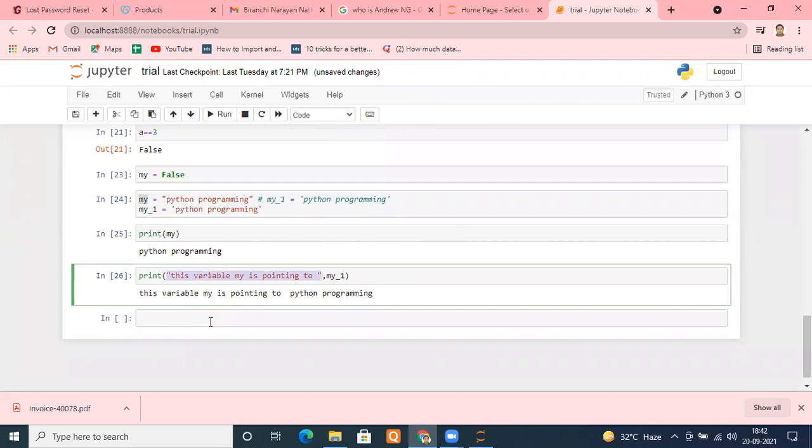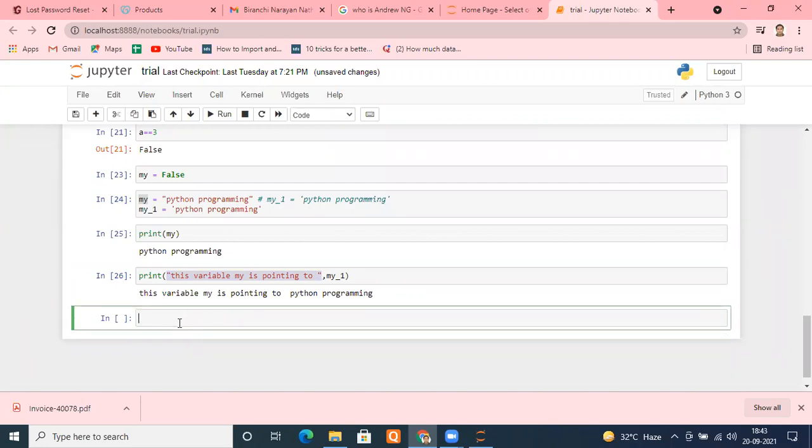Great, great. So let's move ahead. Everyone knows now how to write a string. Everyone knows single quotes, double quotes, and triple quotes if you want to go to multiple lines. Now moving ahead, there is some problem here that you may encounter.